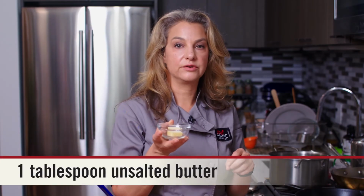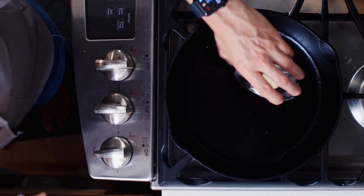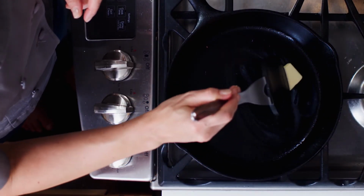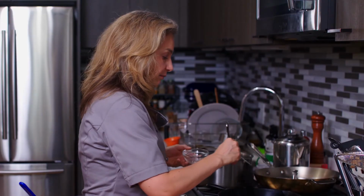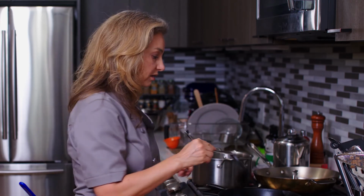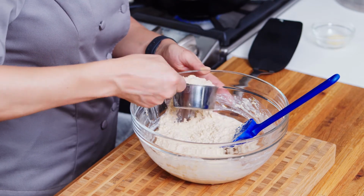I also have some butter here. You can use an oil spray. I'm gonna put a little butter in there, and then mix it around and let it melt here. I'm gonna pull some of it out of the pan though. I'm not gonna leave the whole thing in there so I can use it for more. I'm gonna use 1/4 cup per pancake